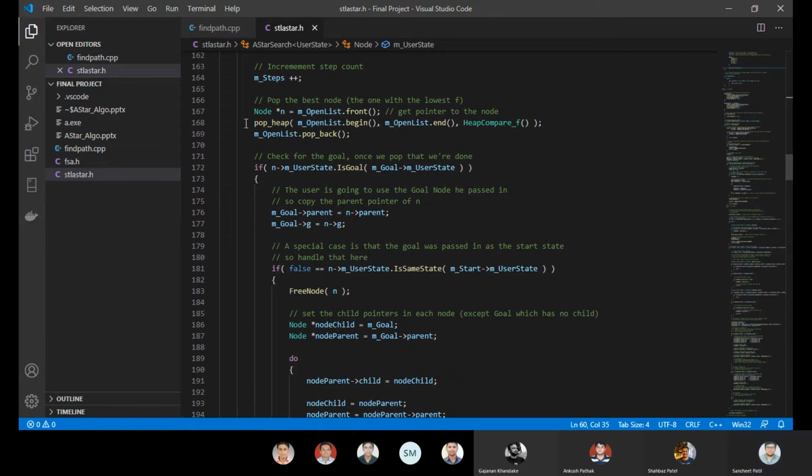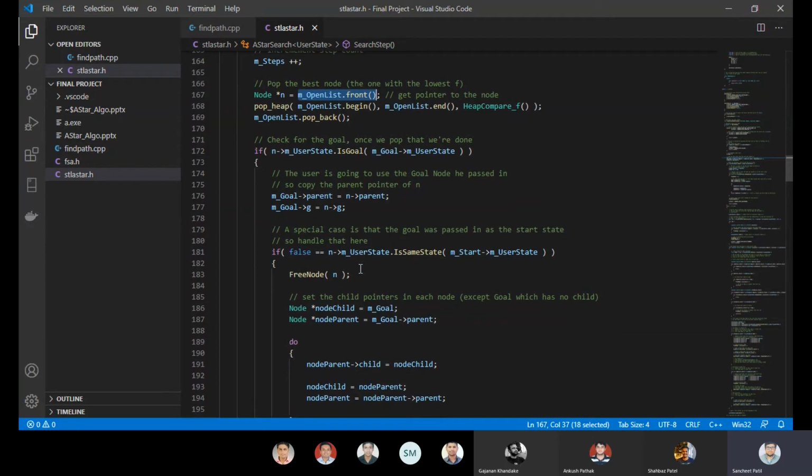What the search function does is it initializes the open list front. Open list front is nothing but the optimized node which I have, because I have already sorted the nodes. Whenever I push an open node, I sort the open list simultaneously, and whichever node is first will be the optimal one for me right now. So the first node would be the optimal one, and hence I'm initializing it for the first time.